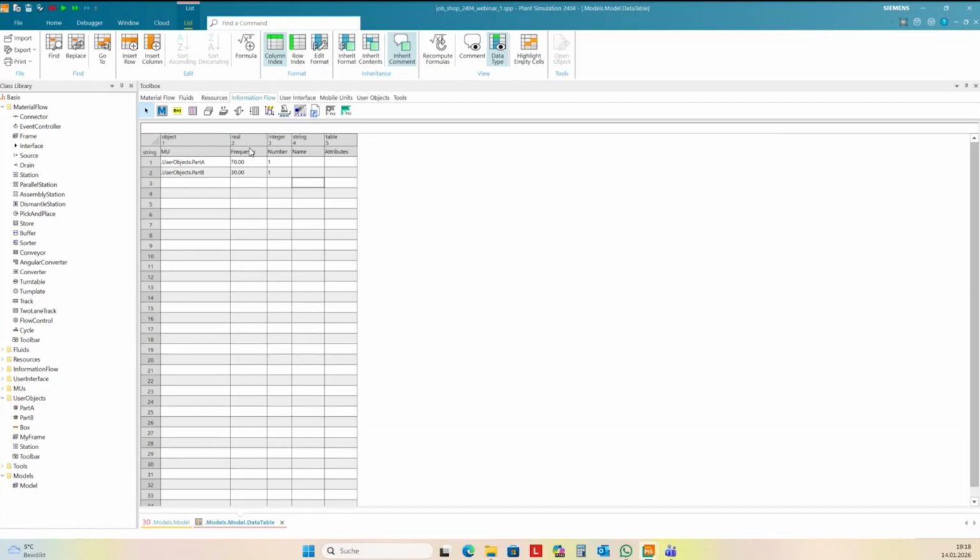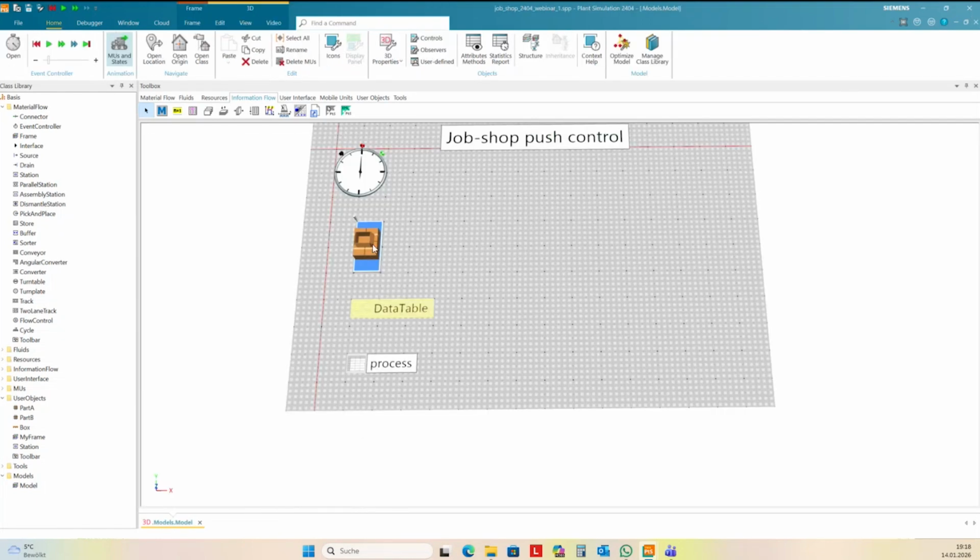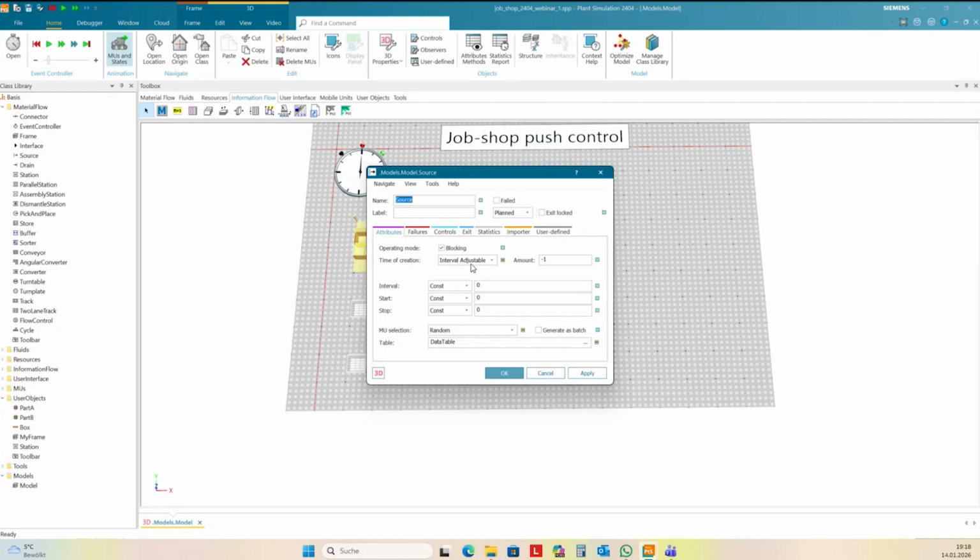This may be a delivery table. If you have real data from your production system, then it could be the production order of parts from reality, from the future, or from the past. And then maybe you can change this here. Instead of time of creation interval adjustable, you can change this to a delivery table,